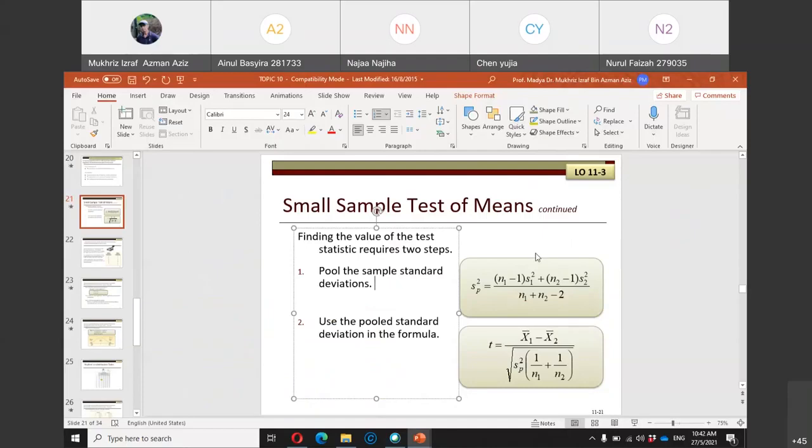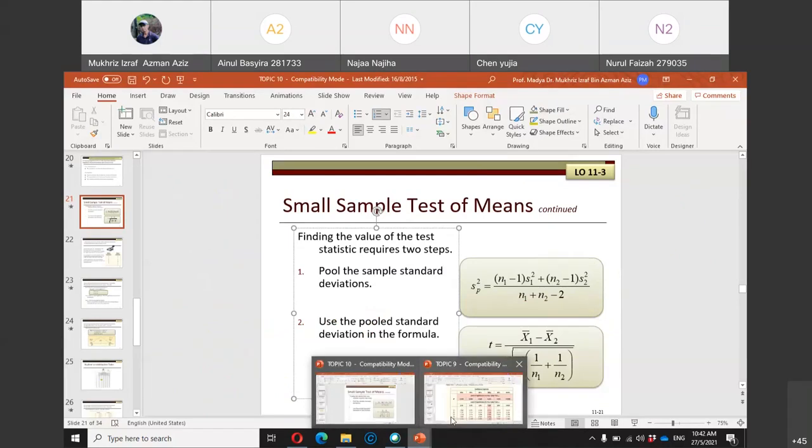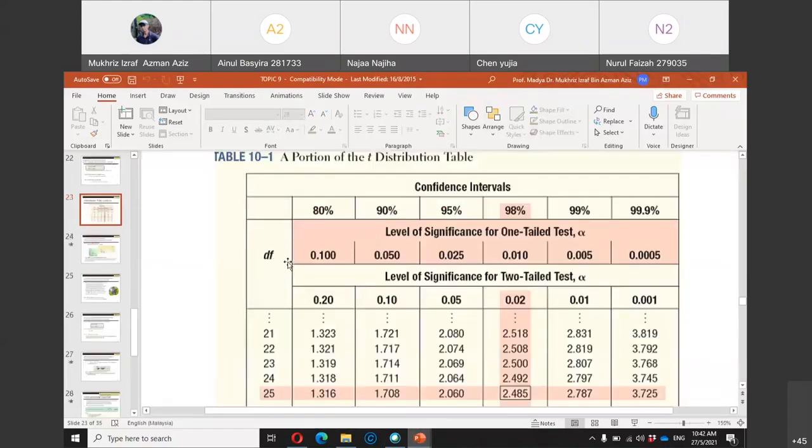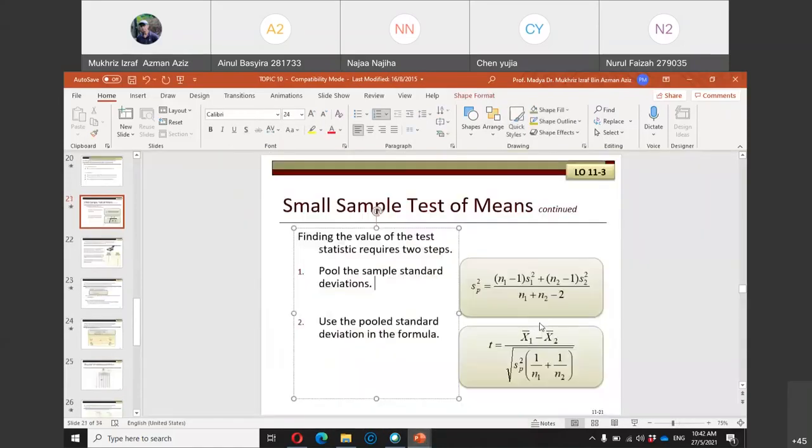So in chapter number 9 previously, your DF will be based on n minus 1 because you are only using one sample. But for two samples, you need to refer to this formula here, n1 plus n2 minus 2. And finally,